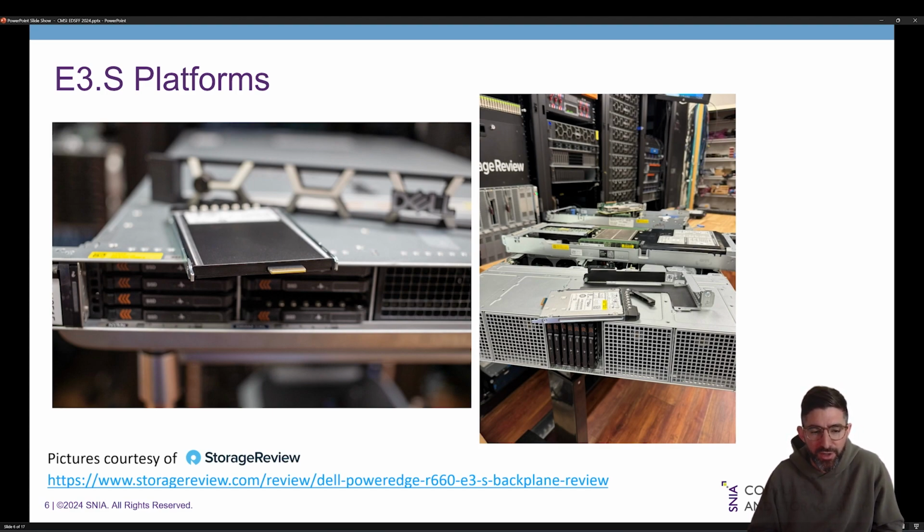This is just a cool picture of one of the Dell servers. And basically, you can see here just in a standard server now, they can fit 8 drives in a 1U server, but it's not taking up the full backplane, so there's better airflow on the other side. So there's just a bunch of different options for E3 that make it really suitable for, you can see here,